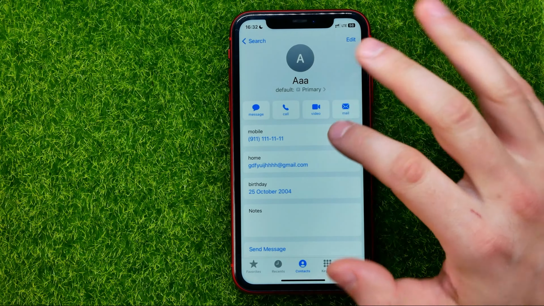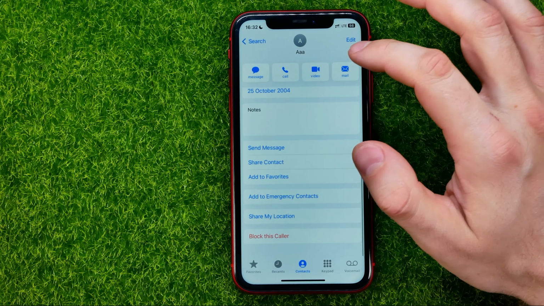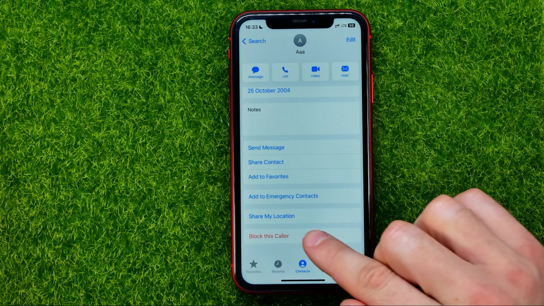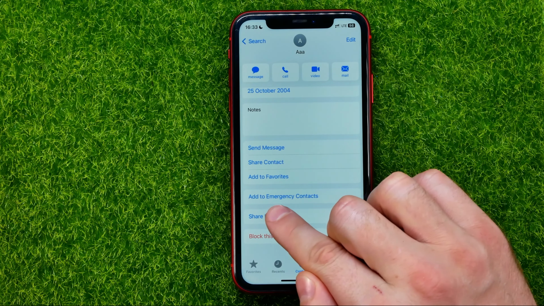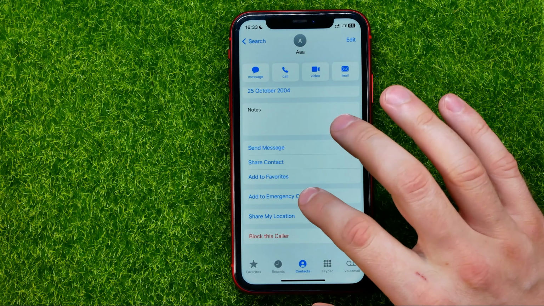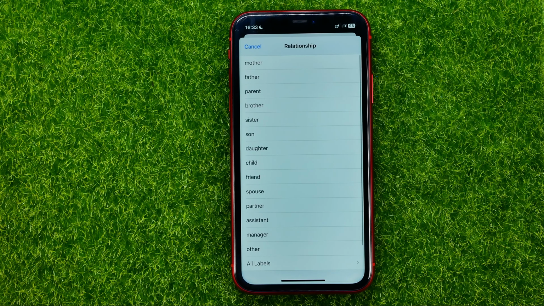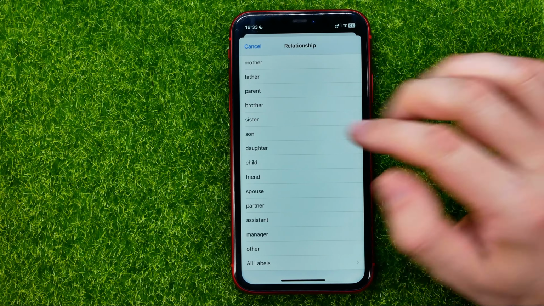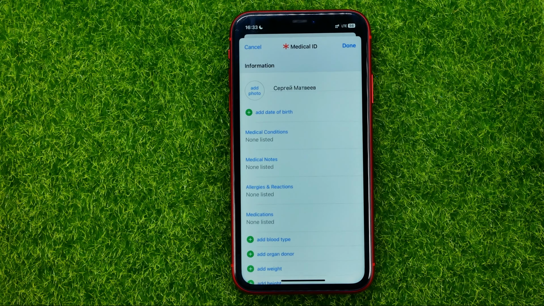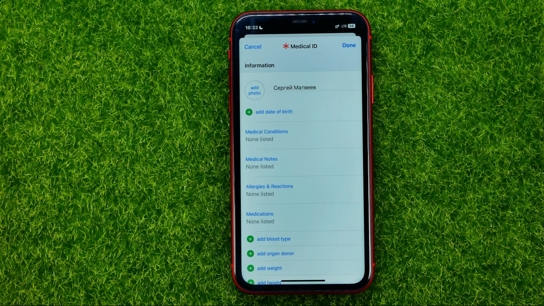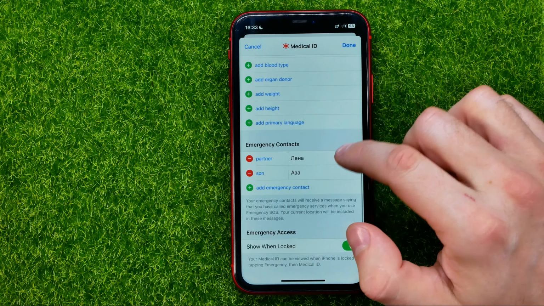all you have to do now is scroll down to the very bottom, where you can easily find Add to Emergency Contacts. Just tap on it, and on the next step select the relationship with that contact. Let's say that is my son. I can tap on son and we'll be taken to the Medical ID edit page where we can scroll down and